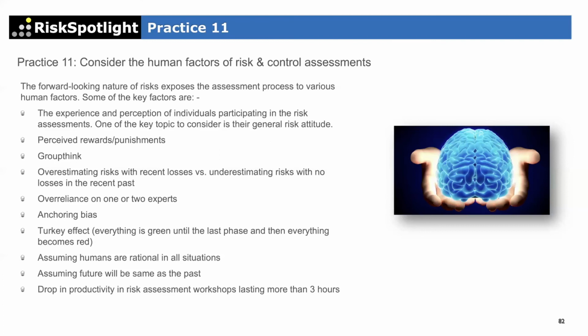November, everything was green. And December, everything goes red from green. Yeah. So that's called the Turkey effect, where we just get so comfortable, or because everything is green, nobody worries about anything, and then we don't challenge. And then when things start coming to the deadline, instead of going from green to amber to red, everything becomes red in the last 2 weeks of the project. And that's called the Turkey effect.